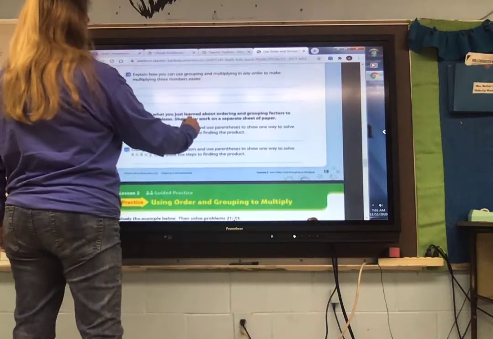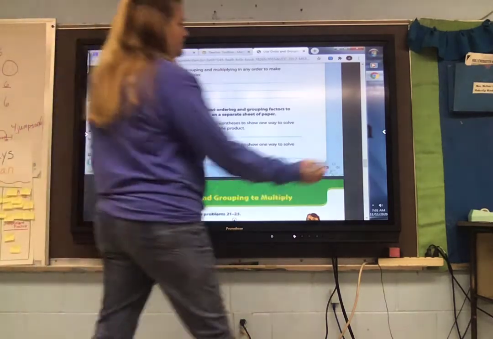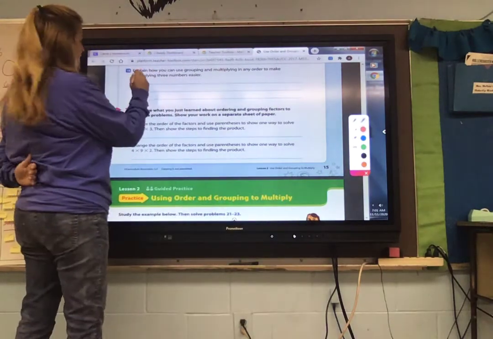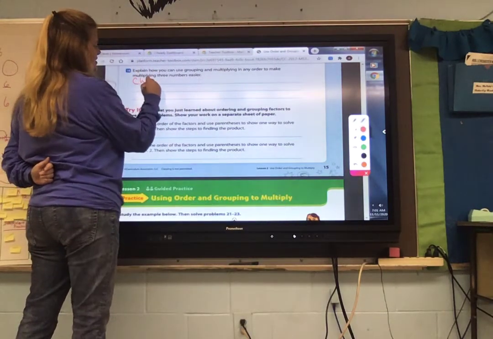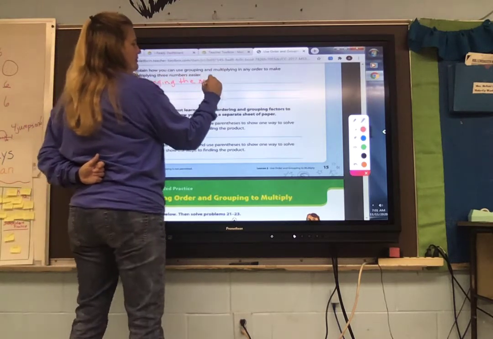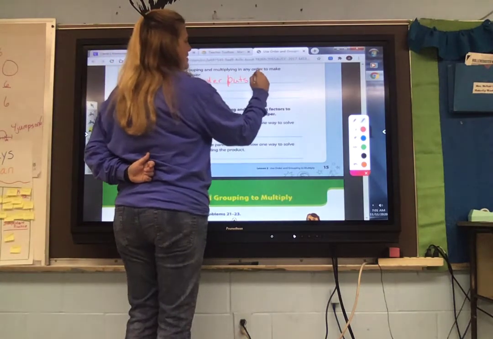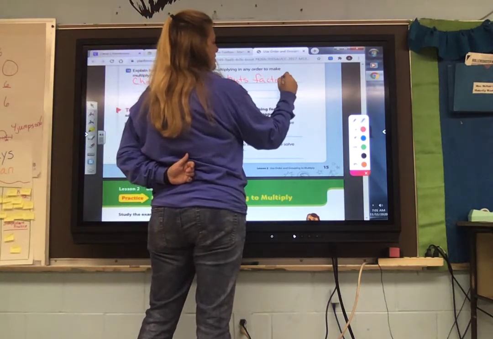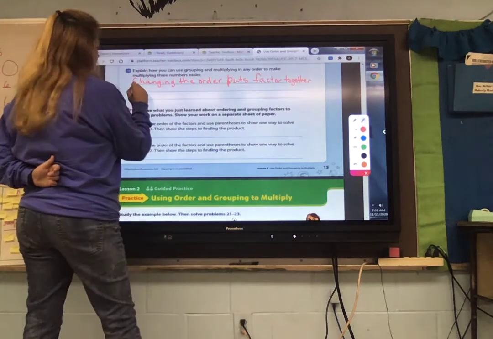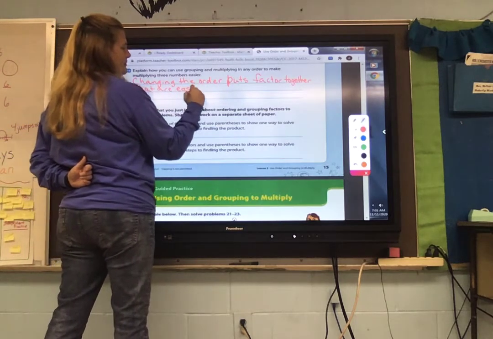All right, let's go to 18. Explain how you can use grouping and multiplying in order to make multiplying 3 numbers easier. Okay, just like we saw, we can change the order. So changing the order puts factors together that are easy to multiply